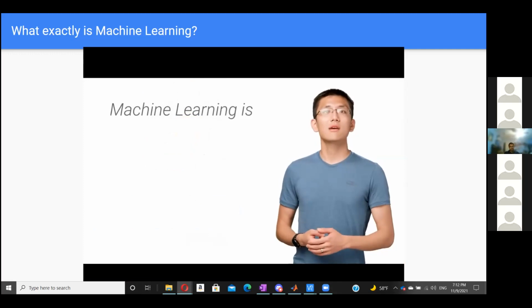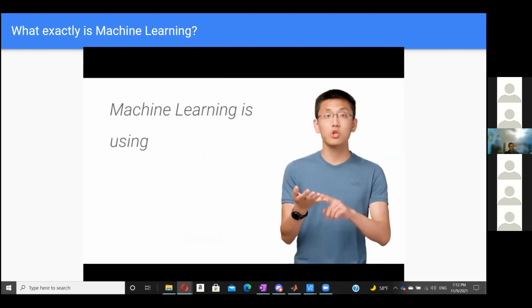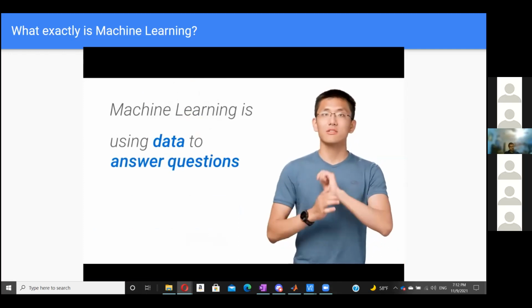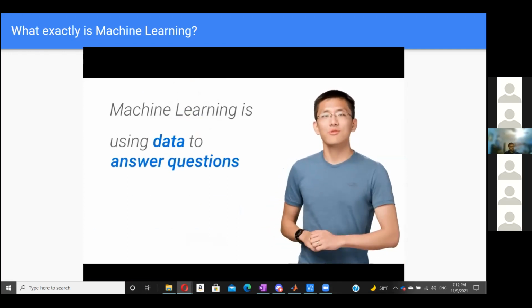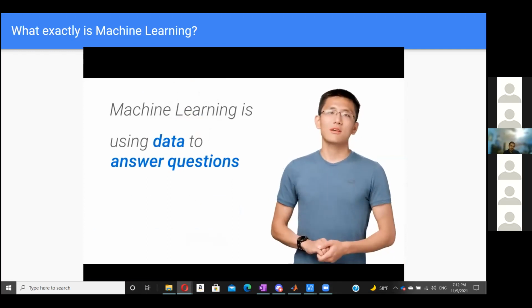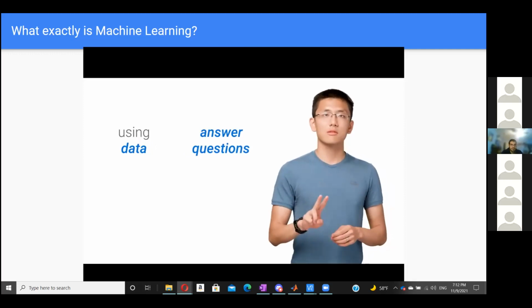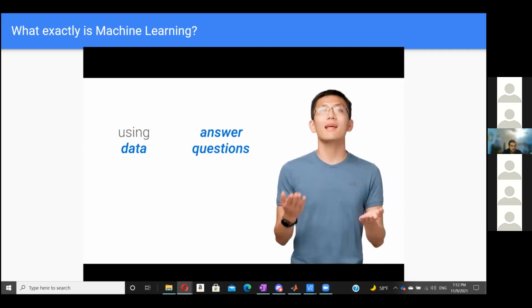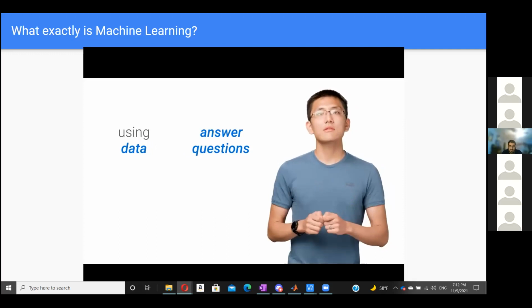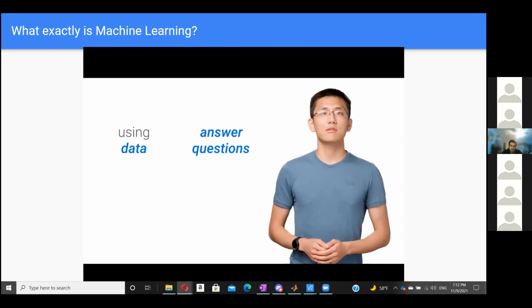For our purposes, I've shortened the definition of machine learning down to just 5 words. Using data to answer questions. While I wouldn't use such a short answer for an essay prompt on an exam, it serves a useful purpose for us here. In particular, we can split the definition into two parts, using data and answering questions. These two pieces broadly outline the two sides of machine learning, both of them equally important.